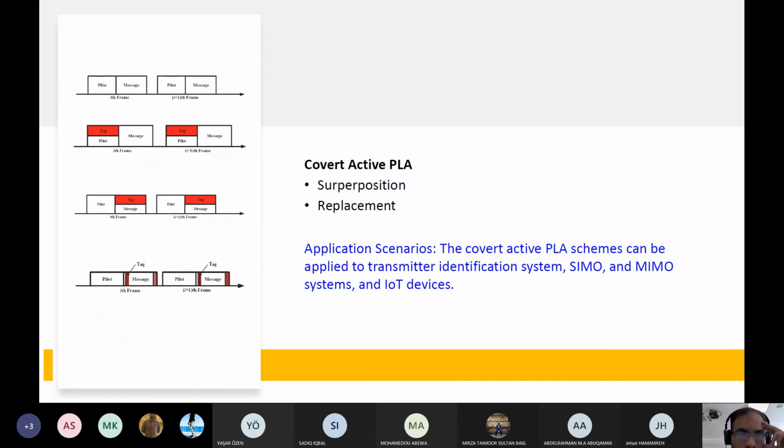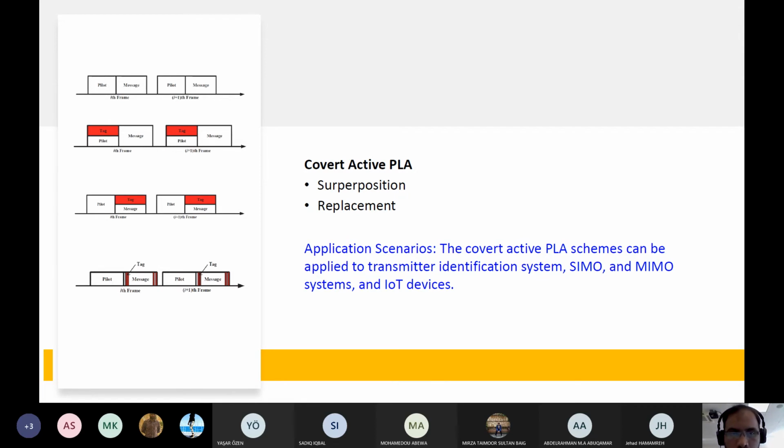So this is an example of covert techniques. For example, superposition based techniques, where you are just superposing a tag on your signal. You can superimpose the tag on your pilot signal or on the message signal, or you can replace some of the symbols for some of the subcarriers.